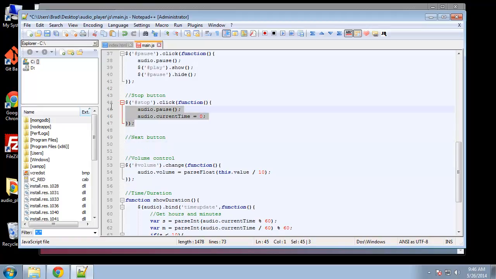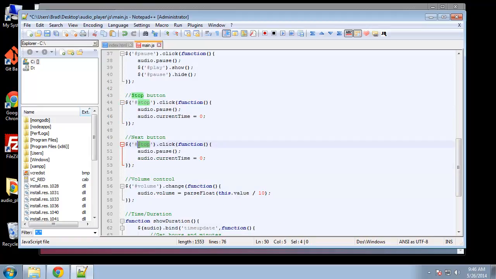Alright, so let me just copy this. Okay, we want the button with the ID of next. So when that's clicked, it's going to pause. Alright, and let's get rid of this here. We need to create a variable called next, and that's going to be equal to